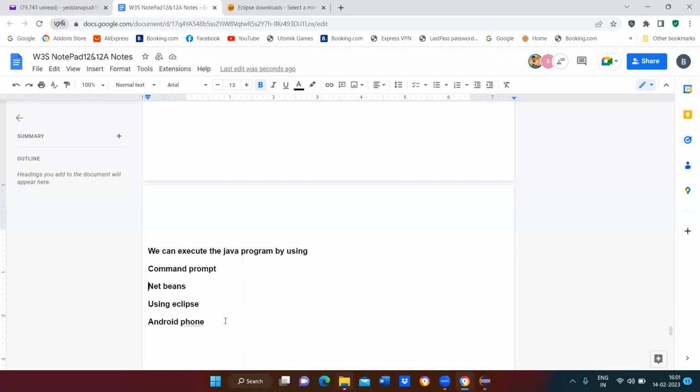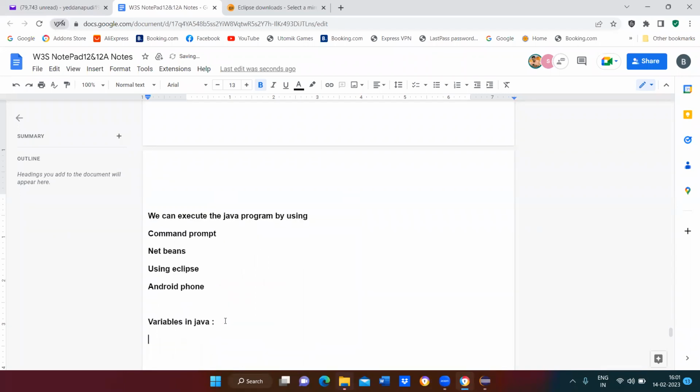Now, the first part of Java is variables in Java. I think most of the people know what a variable is. Anybody? What do you mean by variable? It holds the value, it stores the value. Okay. Any other things? It is like a container. Container, okay.